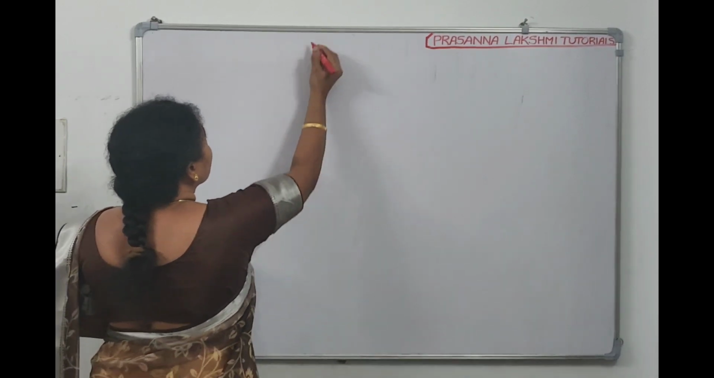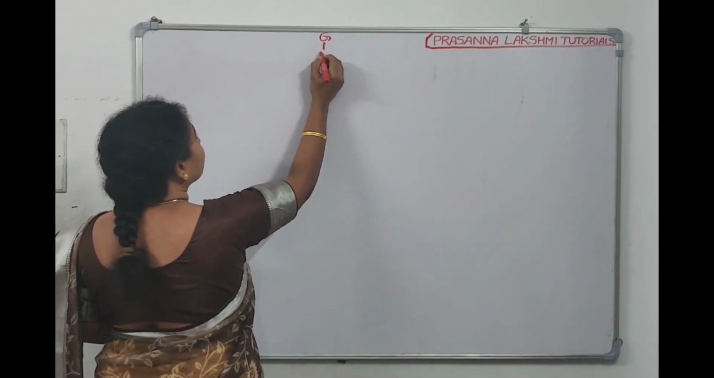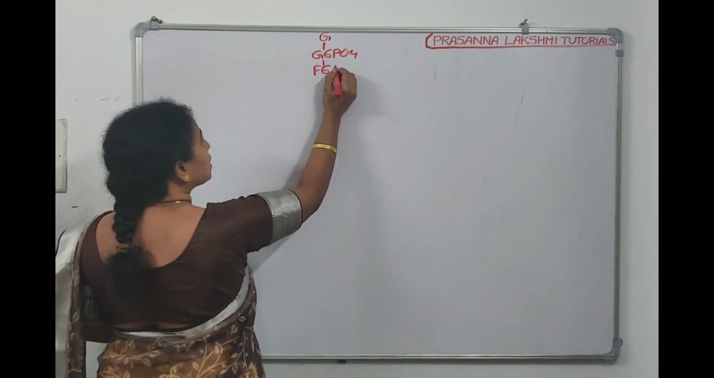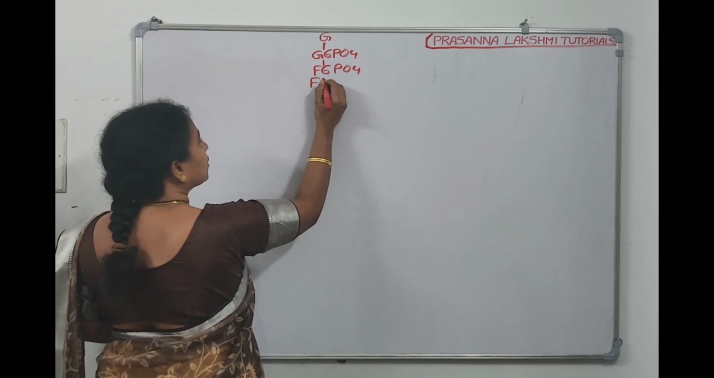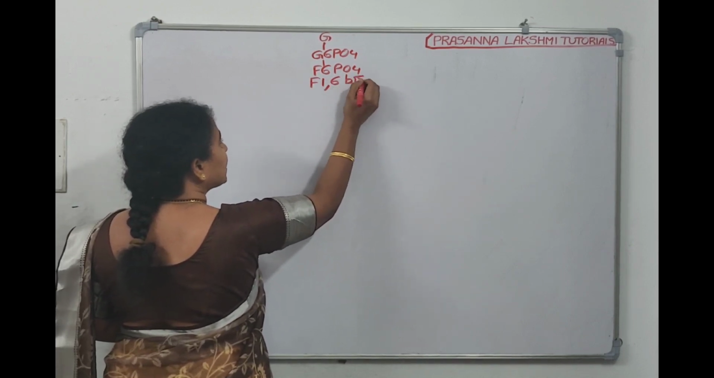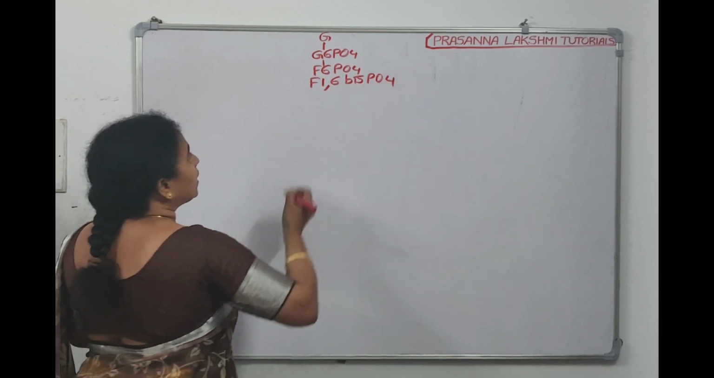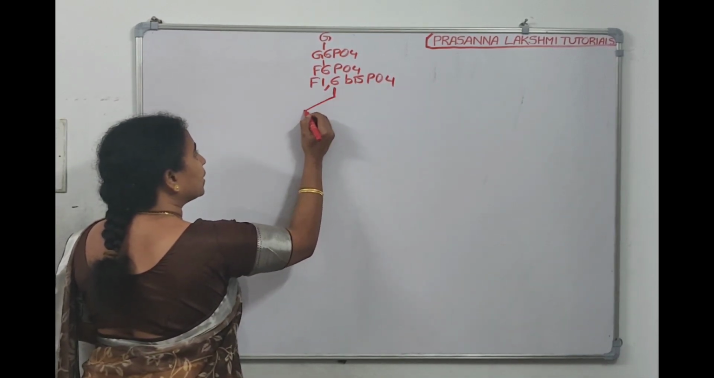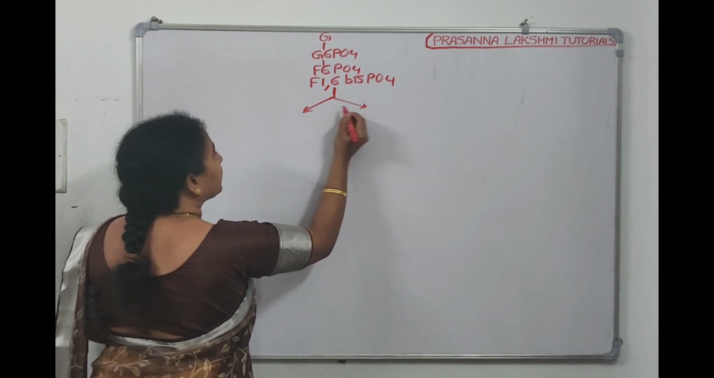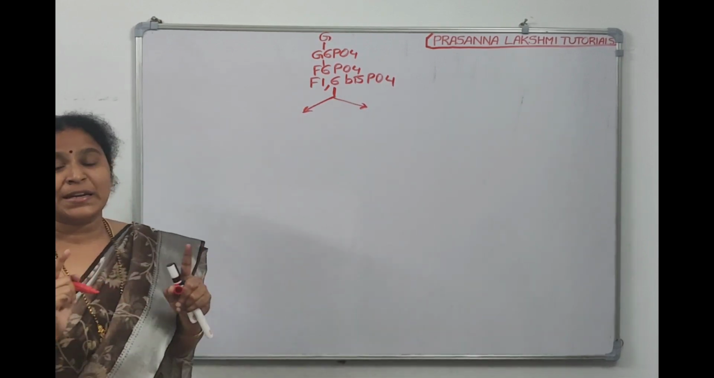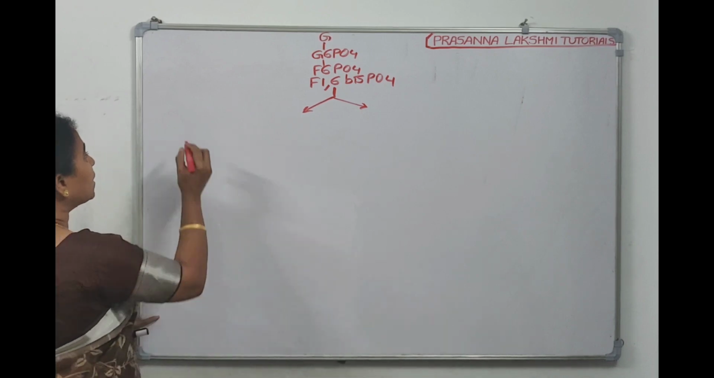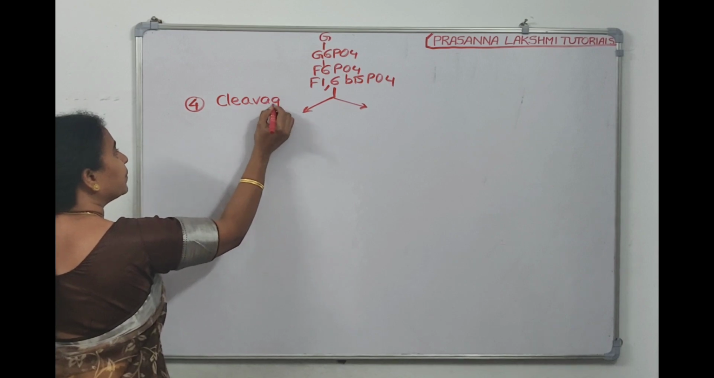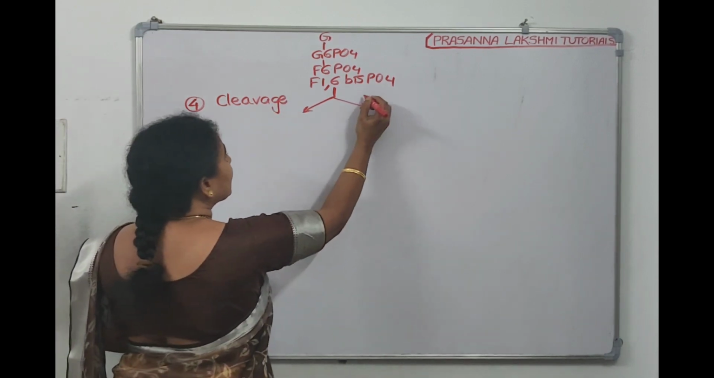So glucose got converted to glucose 6-phosphate, glucose 6-phosphate got converted to fructose 6-phosphate, fructose 6-phosphate got converted to fructose 1,6 bisphosphate. Now reaction number 4, fructose 1,6 bisphosphate is breaking up. So it's a breakdown reaction. The name of the reaction is called cleavage. The name of the enzyme which helps in cleavage is called